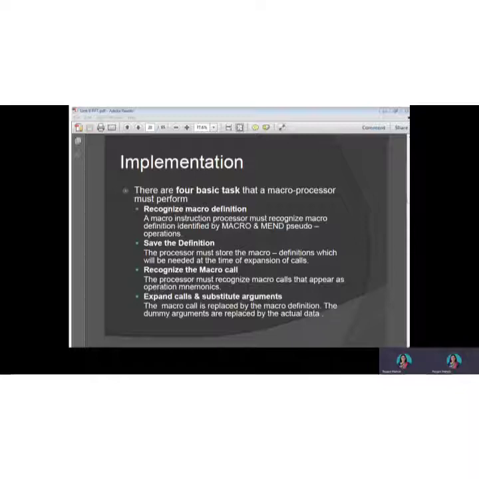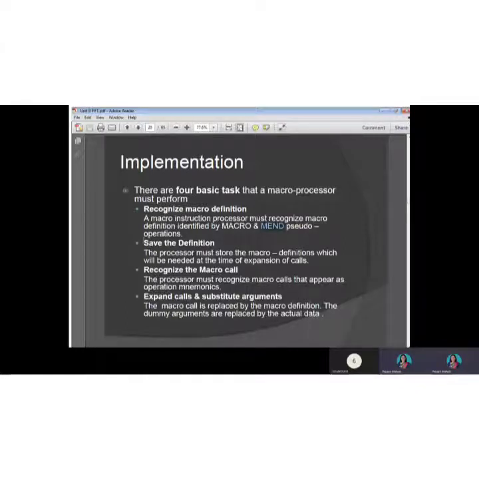As we all know, the processor identifies that we have defined a macro based on the assembly directive MACRO, which indicates the start of the macro definition, and MEND, which indicates the end of the macro definition. So a macro instruction processor must recognize the macro definition identified by the MACRO and MEND pseudo opcodes.